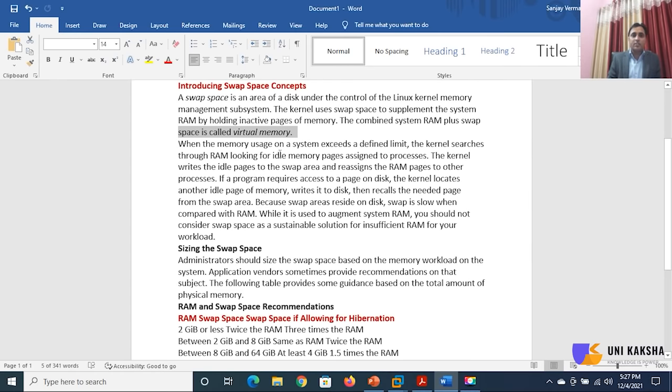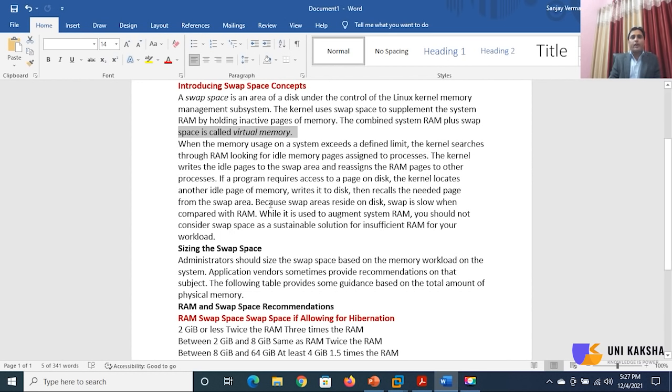When the memory used on a system exceeds a defined limit, the kernel searches through RAM looking for idle memory pages assigned to processes. The kernel writes the idle pages to the swap area and reassigns the RAM pages to other processes.